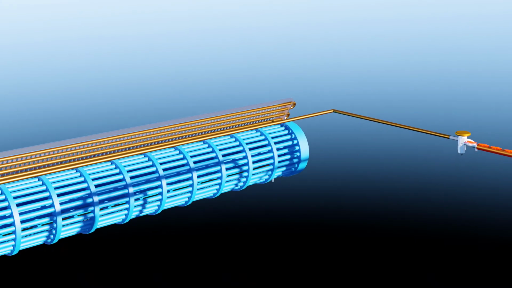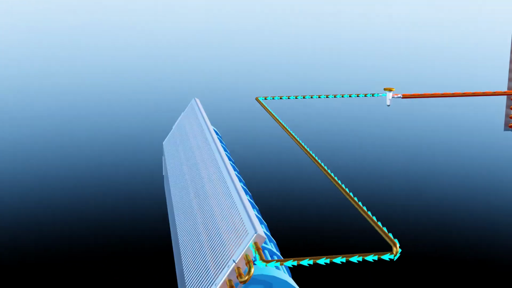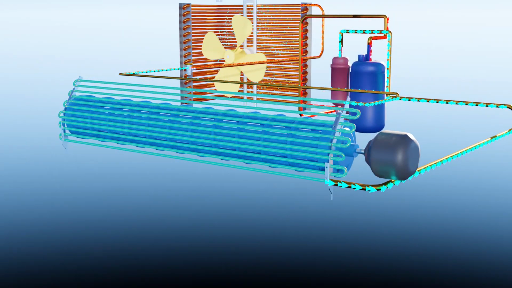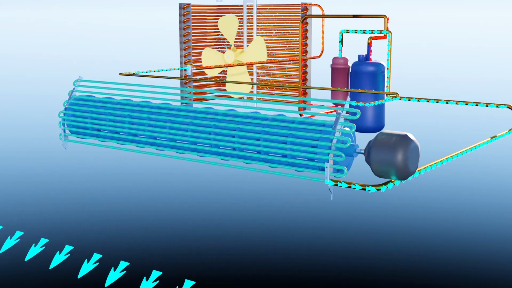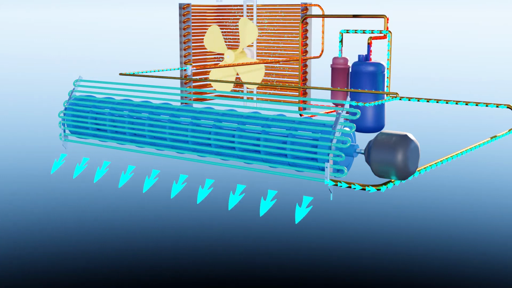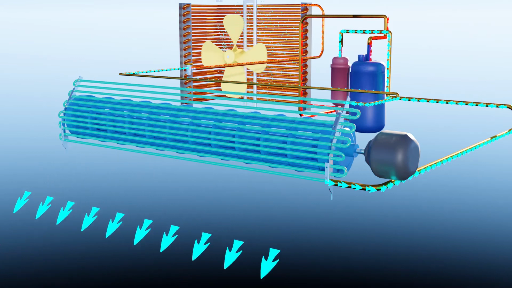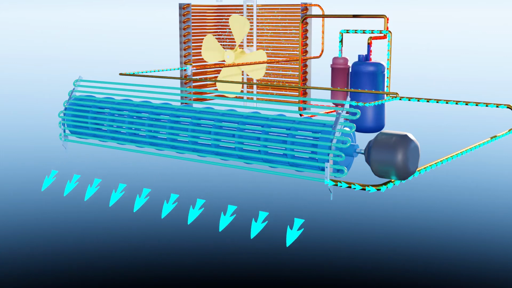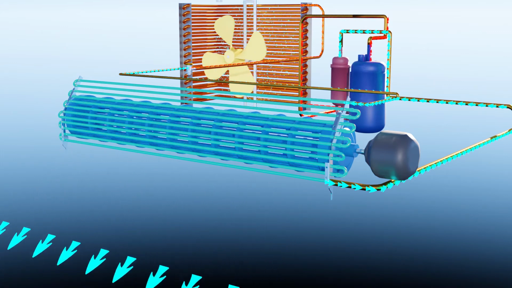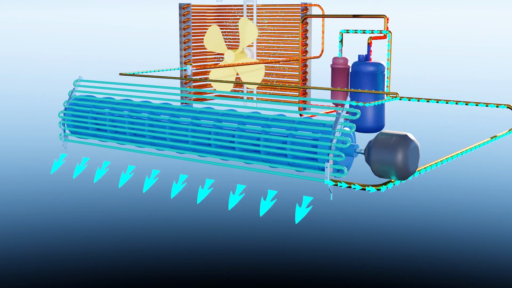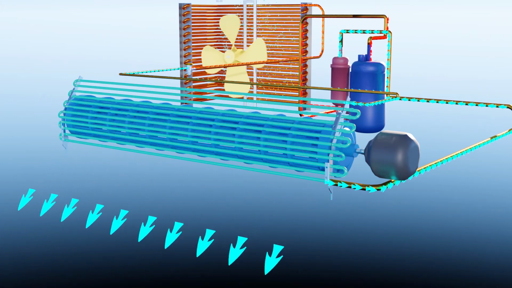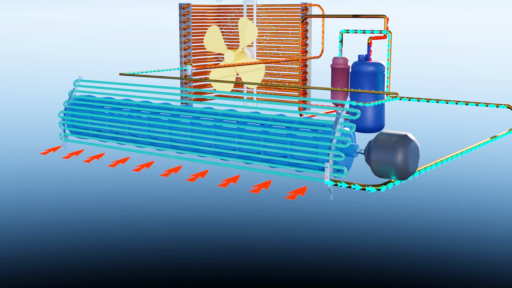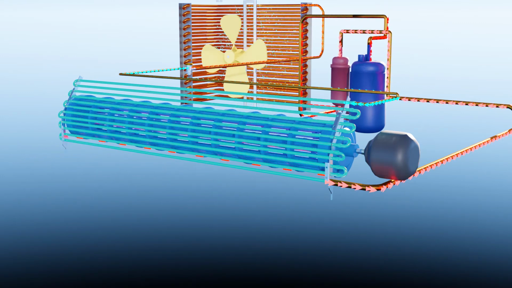This saturated low-pressure liquid then enters the evaporator, which is the indoor unit, from where the blower blows air onto the copper coils and the cold air flows into the room. Now here is where the second law of thermodynamics comes into play, which says heat flow is unidirectional. That is, it can only flow from a hot region to a cold region. That is why the blower is used to force the cold air into the hot room. So during this process, the hot air from the room gets transferred to the cold refrigerant, turns the refrigerant into hot superheated vapor, which is fed to the compressor inlet, and the cycle continues.